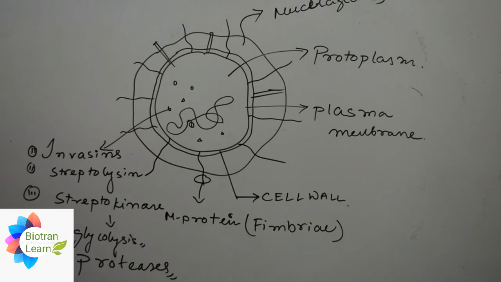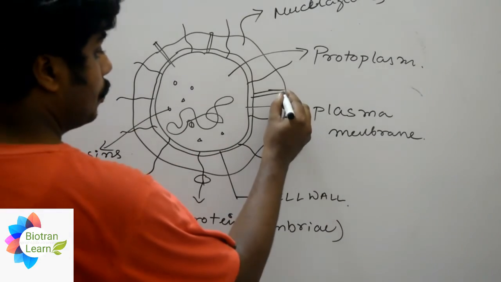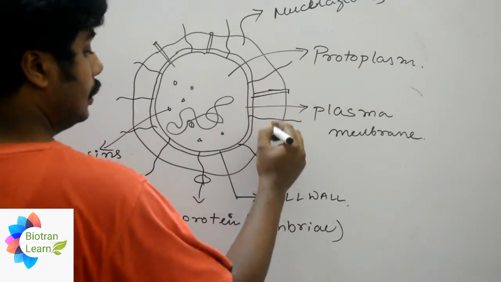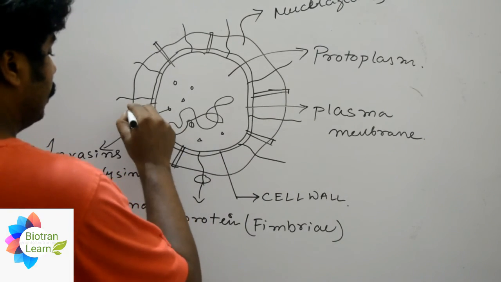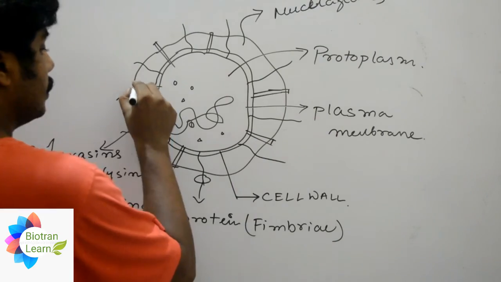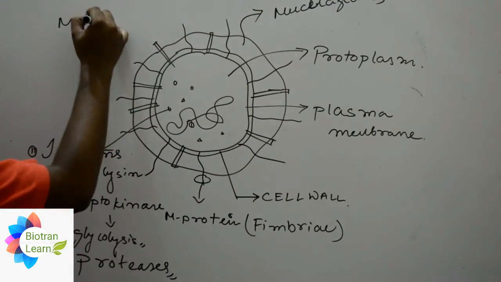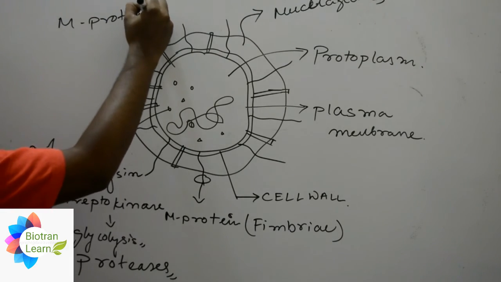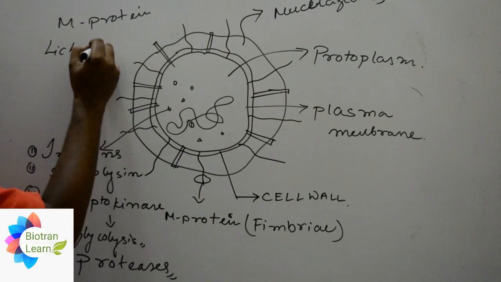There will be certain proteins known as adhesins. These adhesins will help to adhere to a particular host body. Okay, so these three structures, number one is the M protein, number two is lipoteichoic acid,